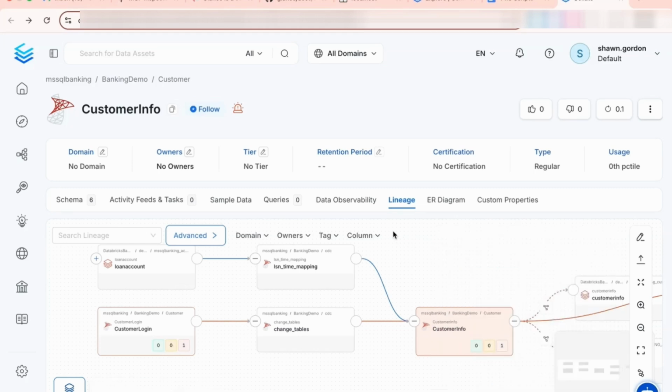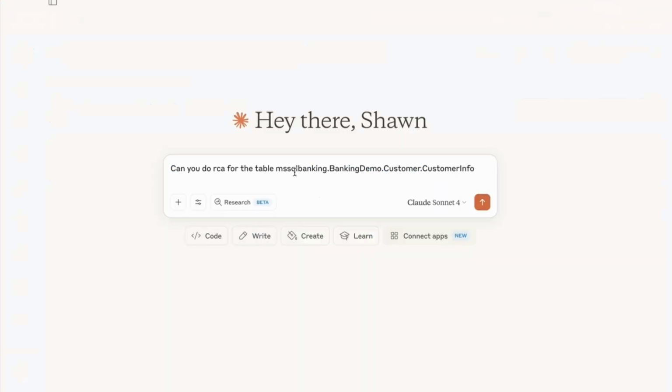So to understand that flow, we had to go into data observability, data quality. We needed to look at it in the layers, and now we have a general idea. But what if there was an easier way to do this? Let's try our MCP server integration and see how we can make this process easier to do a complete end-to-end RCA. Let's just ask it to do an RCA for the table